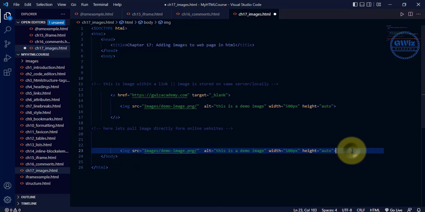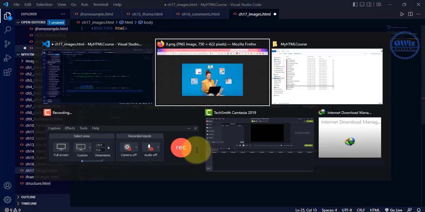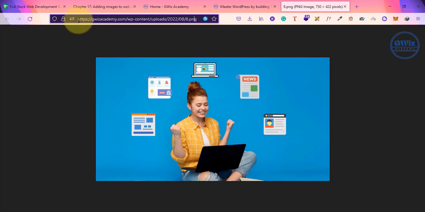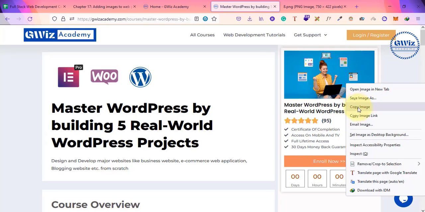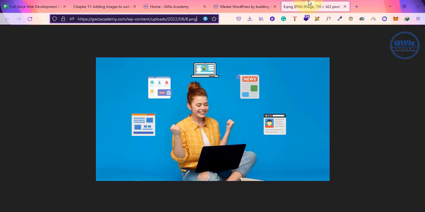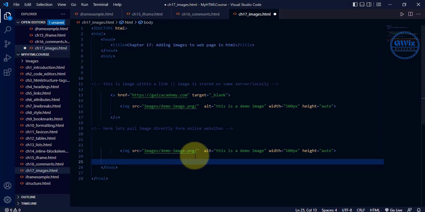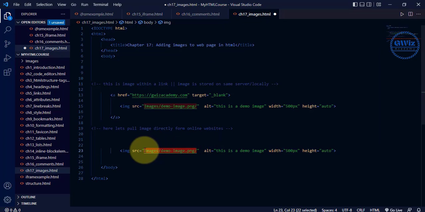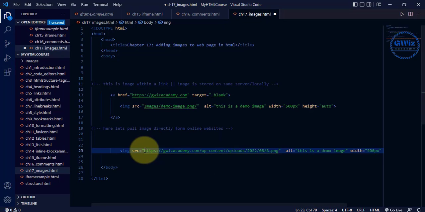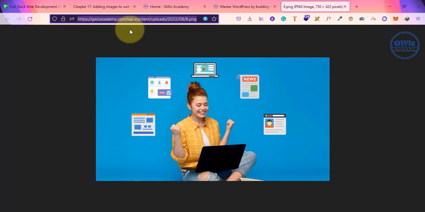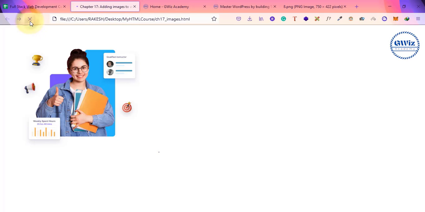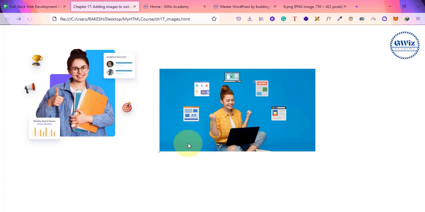and then go back to this web page. You know the source file of this particular image, right? Else you can just right click and click on copy image link. Copy this link and come back here, paste it inside the source and save it. Let's see if it works or not. Refresh, I should be able to see one more image over here, right? It is getting displayed. Both are getting displayed side by side because